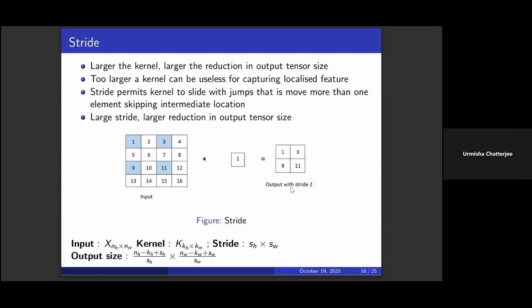In that case, if it's a very high resolution image, there is no point in sliding a very small kernel throughout the entire image, because that will be very computationally expensive as well. In that case, you will prefer not shifting one by one. I'm talking about stride. You will prefer doing that. It will reduce the computation time during edge detection. This is one example I can think of right now for stride.